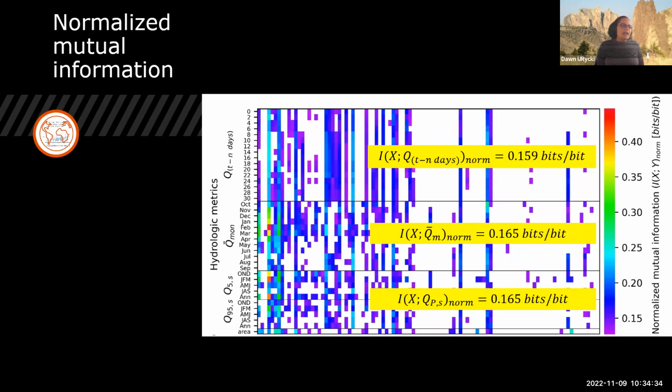So we started here with just individual taxa and individual metrics. The next piece, the piece that I couldn't do with the data set that I had, that I've been talking to Allison a lot about, is that I would really like to be able to look at the total amount of unique information across the entire community. So what is the value of the community for each hydrologic metric? So basically doing an information decomposition. But as of right now, we don't really have a method to do that with this amount of variables, I guess.